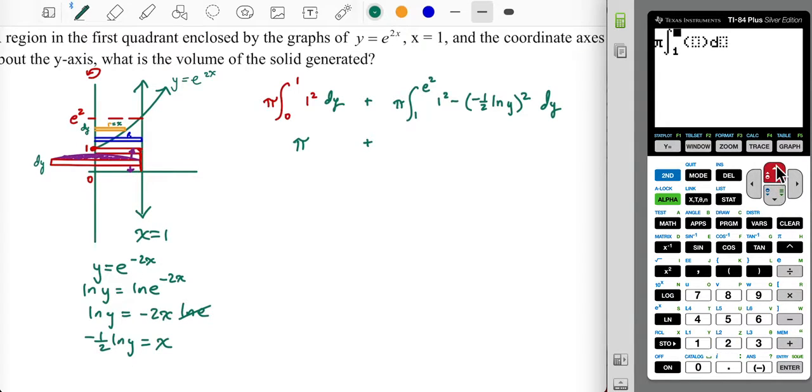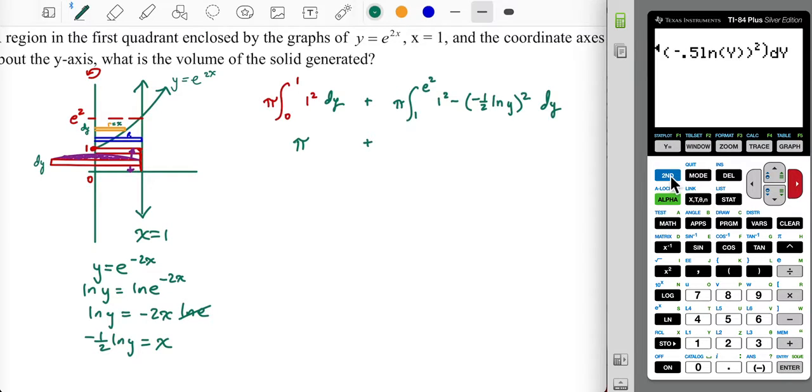From a 1 to an e squared. Second, ln brings up e to a power. Second, division just brings up the e, if you didn't know. So 1 minus, that's this whole thing squared, so negative, I'll write it as 0.5 ln of y. Again, you could use x instead of y if you want, but for consistency, I'm just doing it this way. Consistency with the last video or two that I did. All right, so